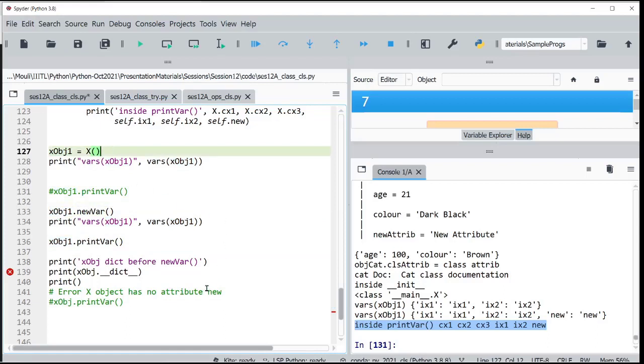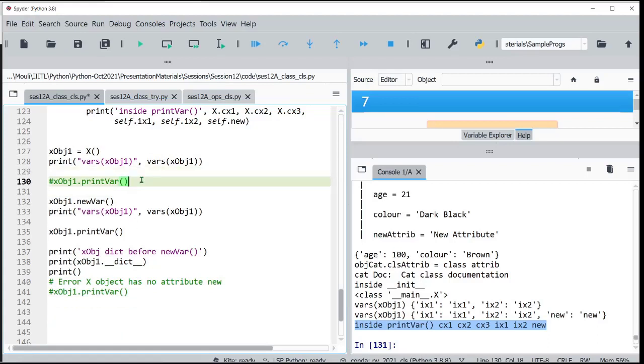Oh, object one. Now let me explain what I'm trying to do. Forget about this. This print var was because the new var was not called, so we are fine. Now all variables are there.